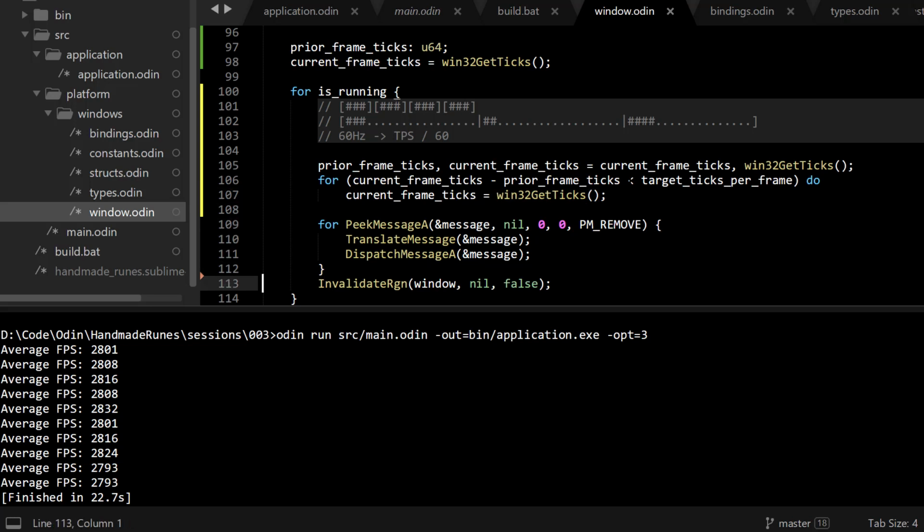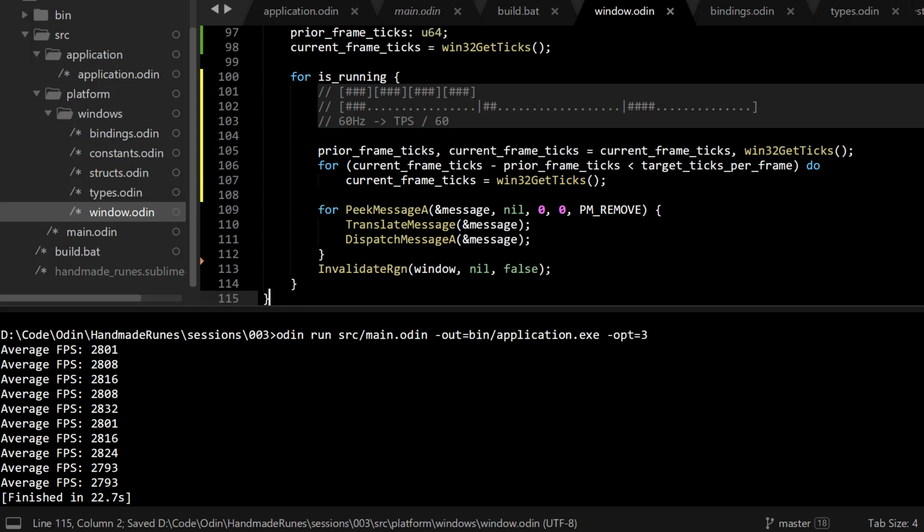Let's just do this. We maybe can look at how to do it with sleep, but it doesn't really work well from what I've tried. Anyway, so now